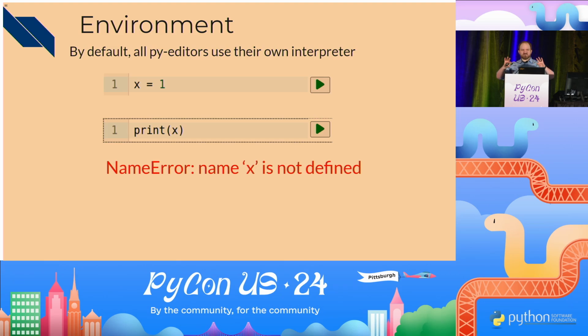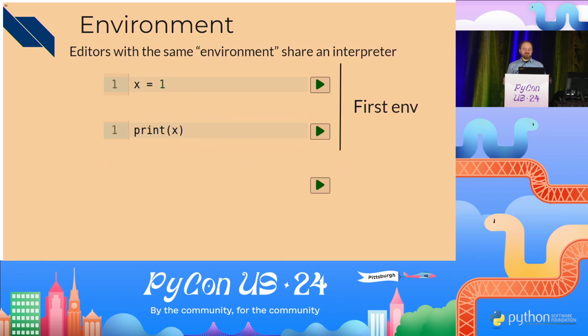So I could split multiple examples onto different parts of the same page. Absolutely. But of course, sometimes it'd be helpful if cells shared state. And for that, we can use a shared environment. And all a shared environment means is that 2 cells with the same environment run in the same copy of the interpreter, right? So if I were to run these first 2 cells now, x equals 1 and print x, it